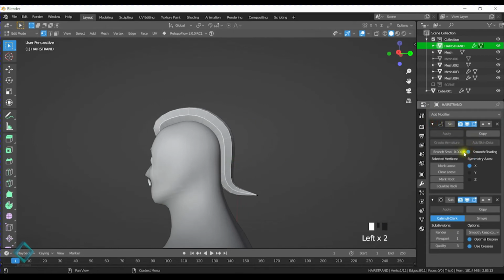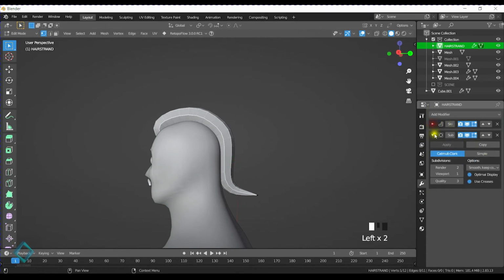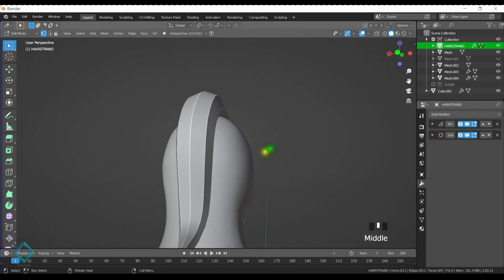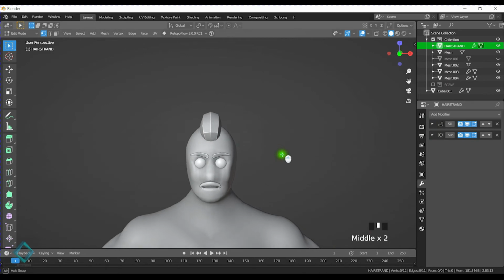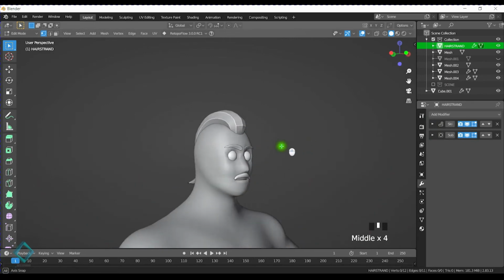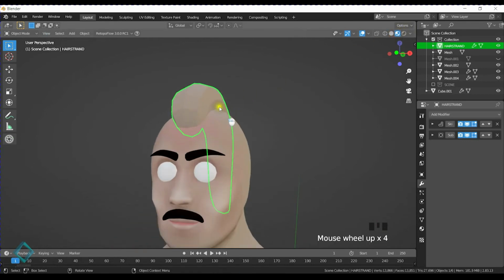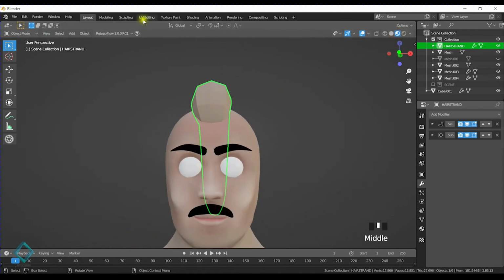I just select the smooth shading, and there we go. We got a nice strand of hair. To me, that's just super cool, very stylized, and it just looks nice. We can obviously